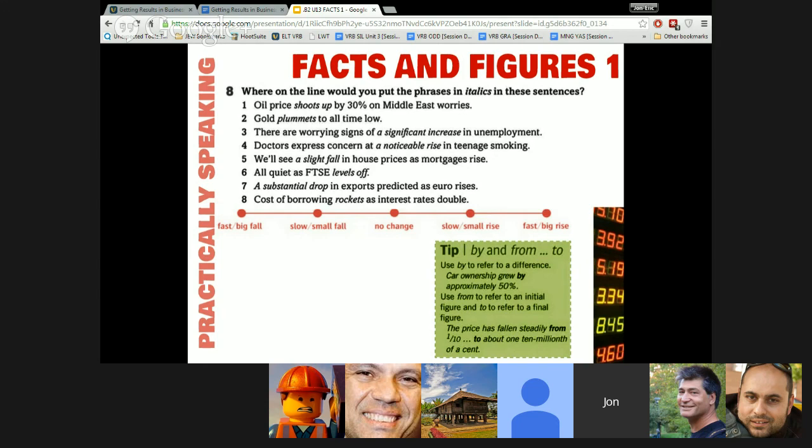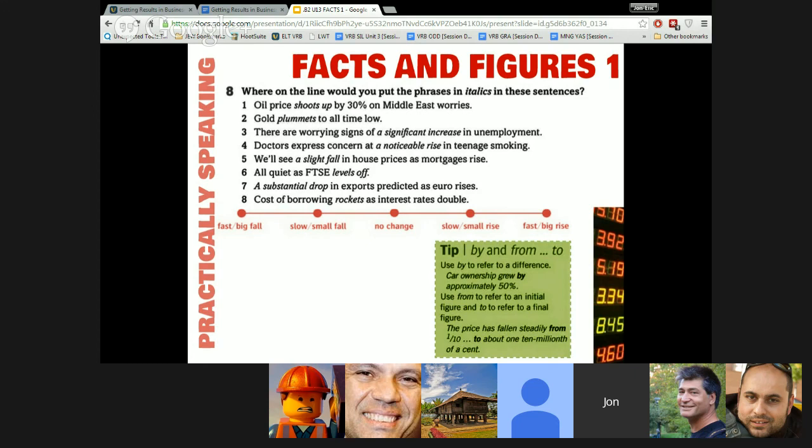I think it means there is no change or a few change, no? No change, basically, or very little change. Yep, so we'll put that right in the middle. Right in the middle. The FTSE levels off. All right, Mr. Odie, this one is not so difficult. I think you won't have trouble with it, even though you weren't here. Try number 7 for us and put it on the timeline.